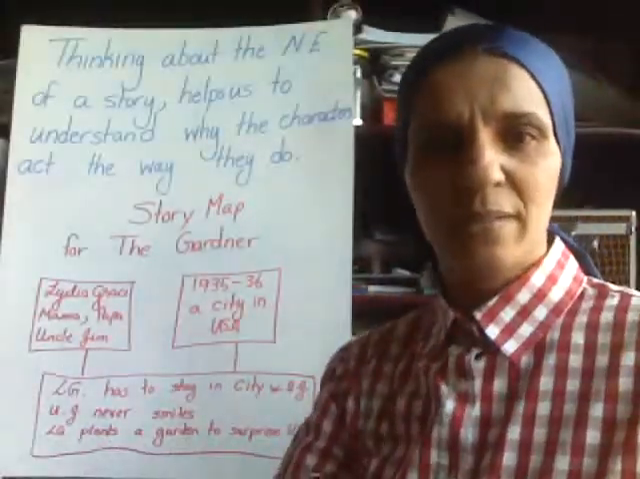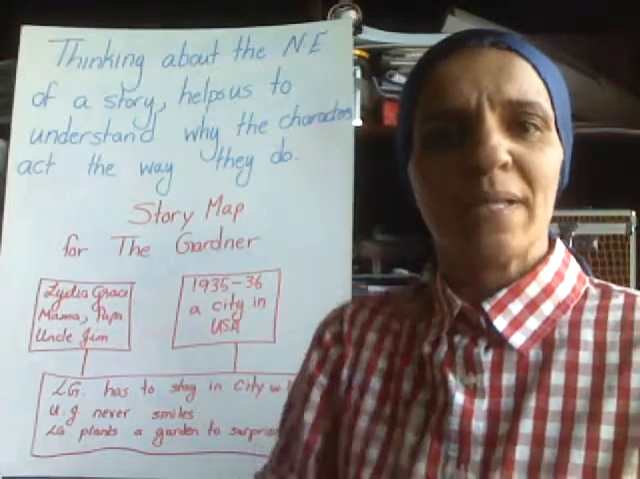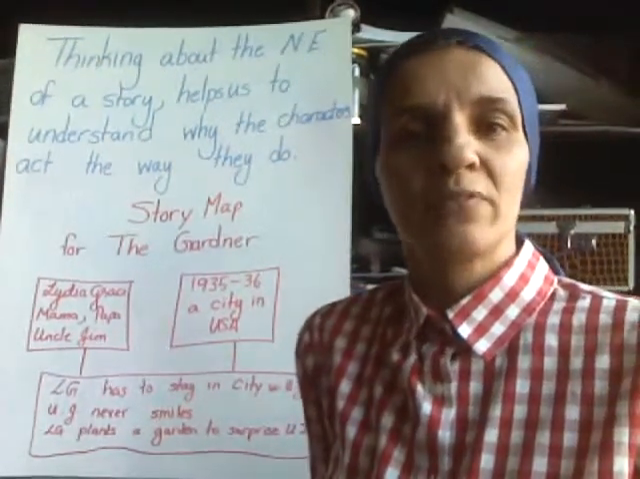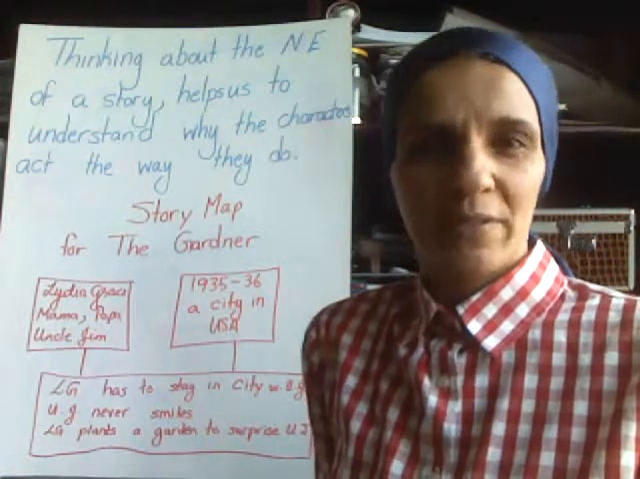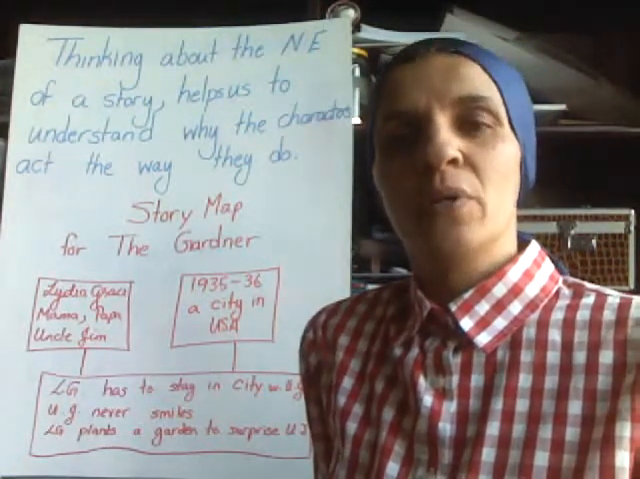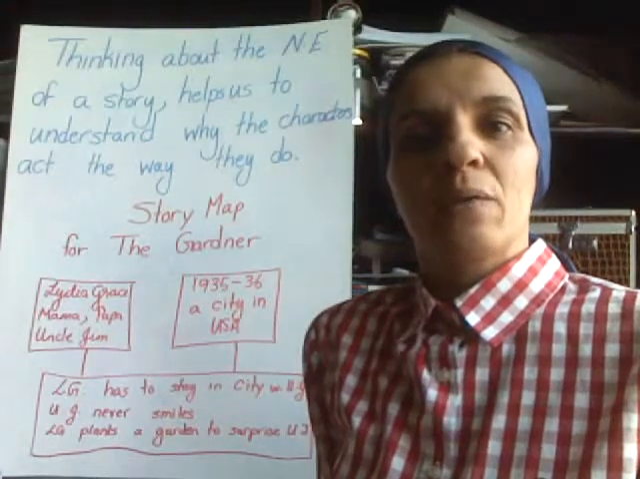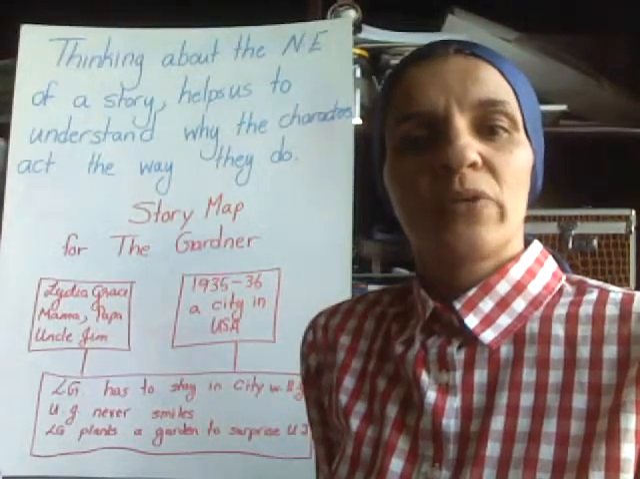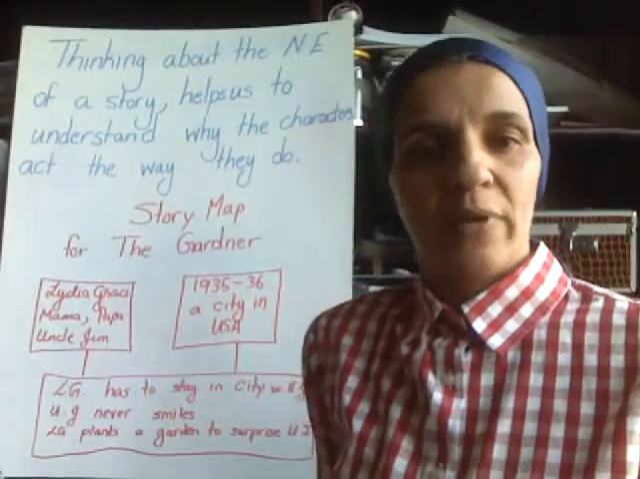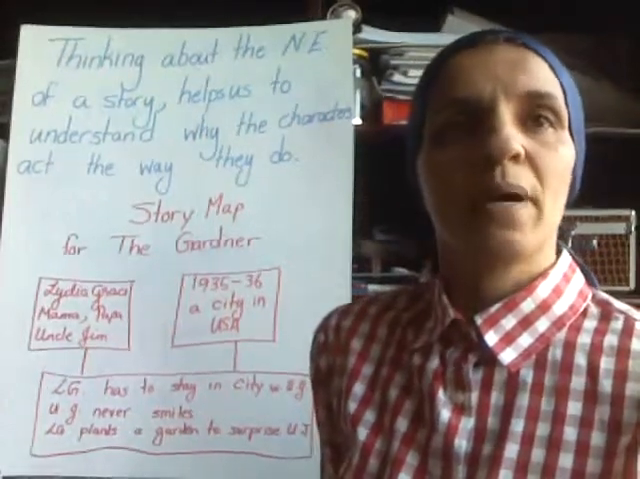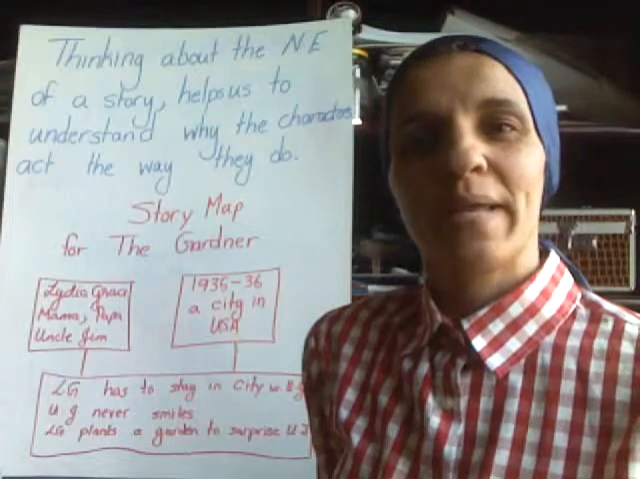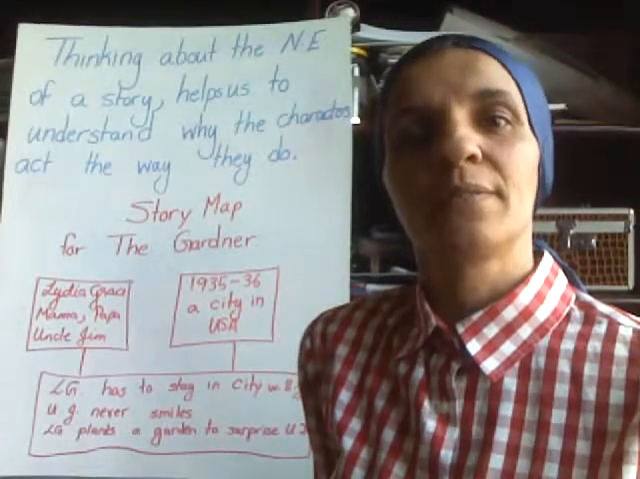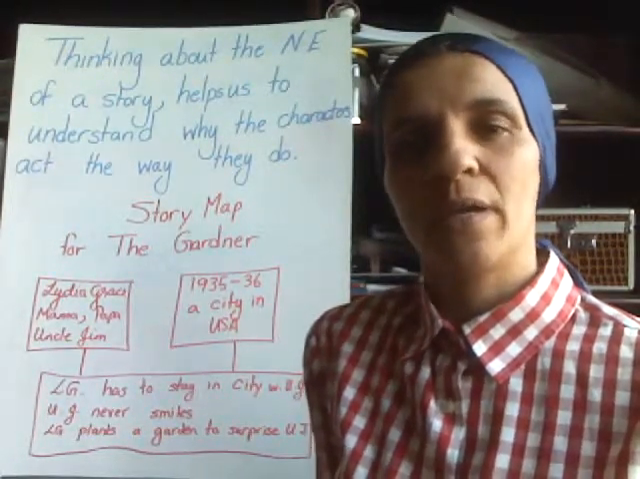Okay, we have read Lydia Grace, and now let's think about the narrative elements so that we can understand why characters are acting the way they are. In the story The Gardener, the main character is Lydia Grace, and then we have Mama and Papa and Uncle Jim. And this story is taking place in 1935, 1936 in a city in America, and we know that at